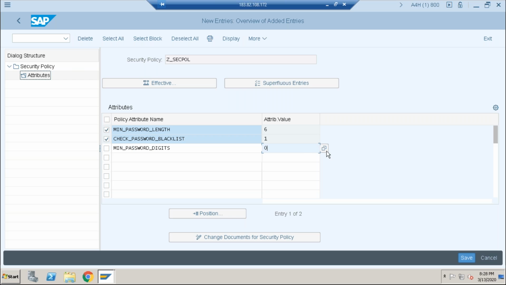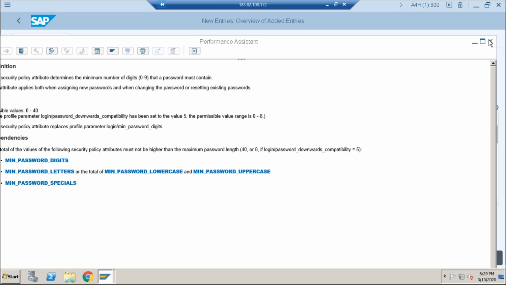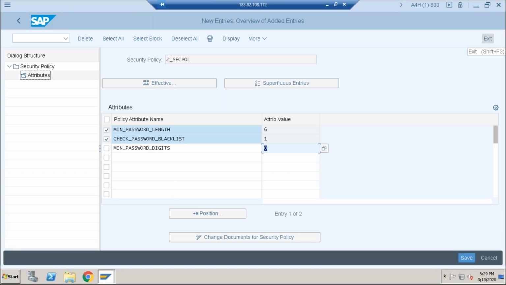What is the meaning of 0? It means no digits will be required. The possible values are 0 to 40. If you want to change this parameter value, you can do it at the object level and put in the possible values. Now I want to change it, so just make it 0.